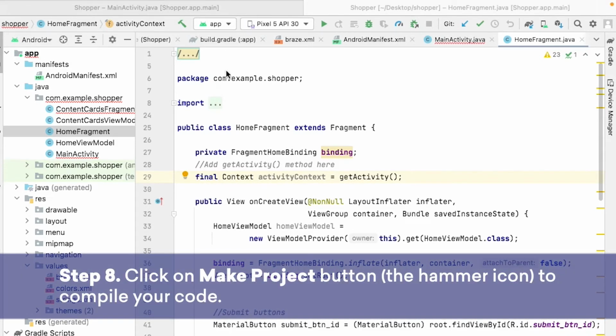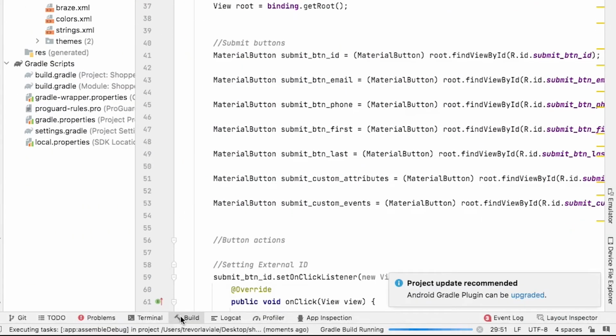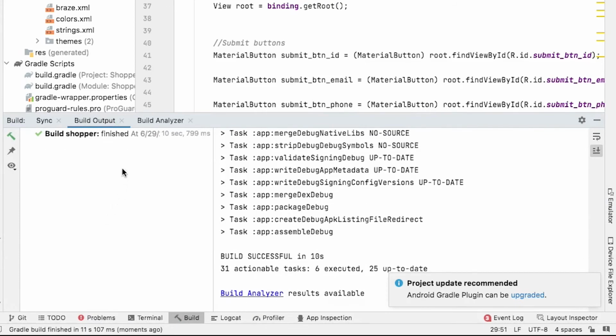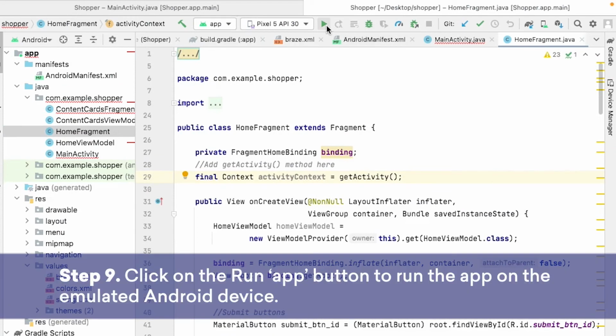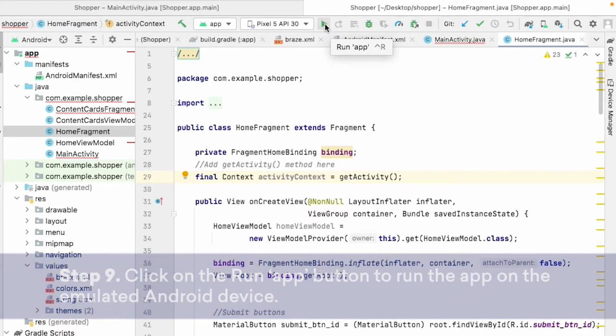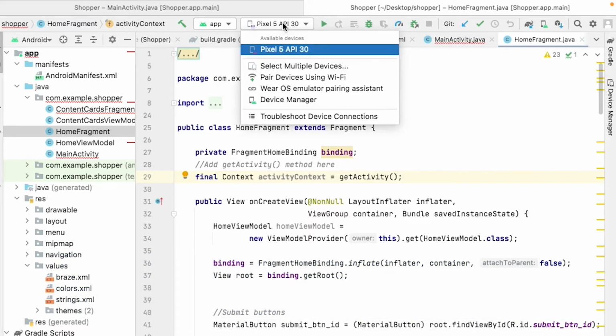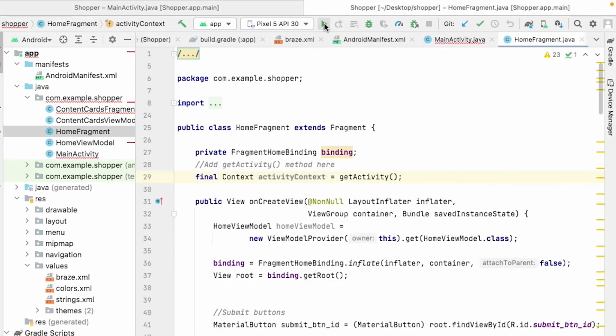And finally, we can go ahead and click this hammer icon up at the top to build the project. Once the build has finished, we can then click on this play button up at the top to run the app. If you haven't already set up an emulated device up here, you will need to do this before you can run the app. You can follow the steps on the Android Studio UI to set up this device if you haven't already. Then you can click on Run App,